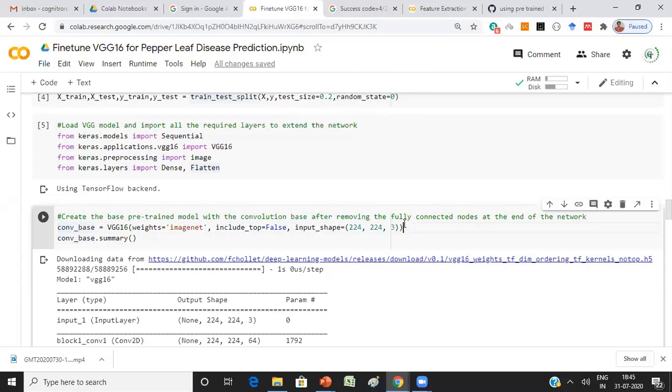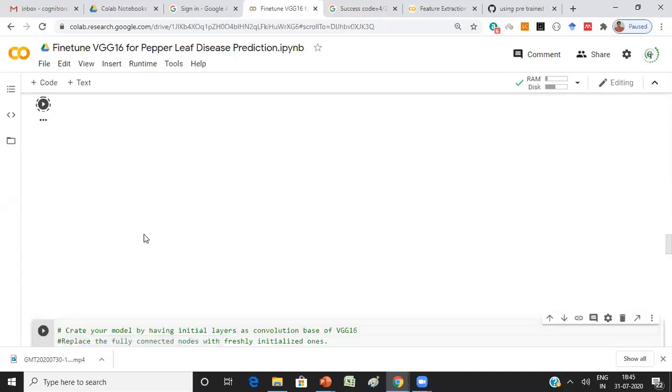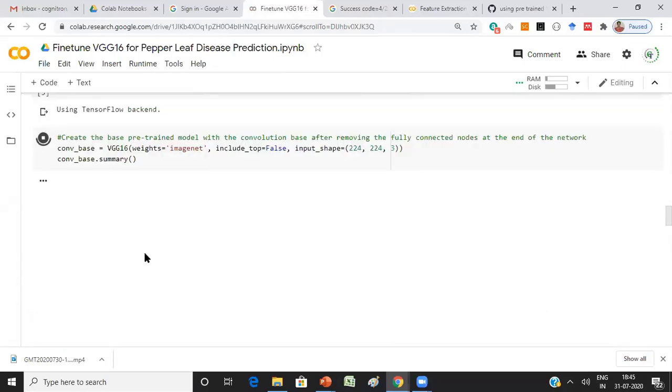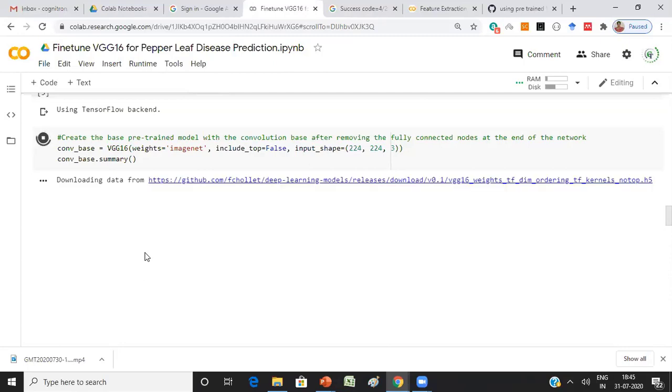Now once the model is loaded, I want to see the architecture, the configuration of the model. For that, I am calling the summary method with this object. Then you can see your architecture. Basically your VGG16 has a certain set of convolution layers followed by a few dense layers.